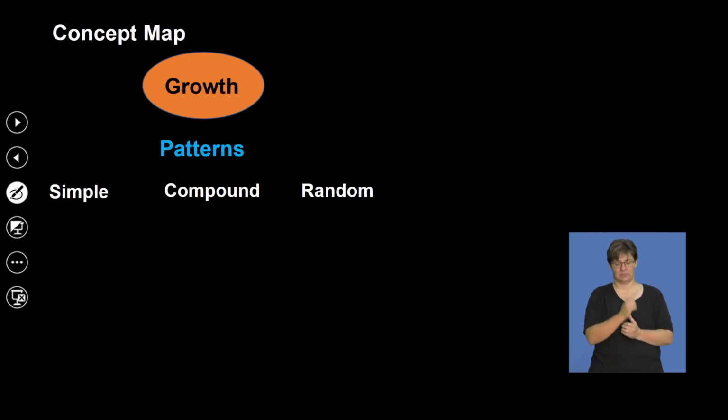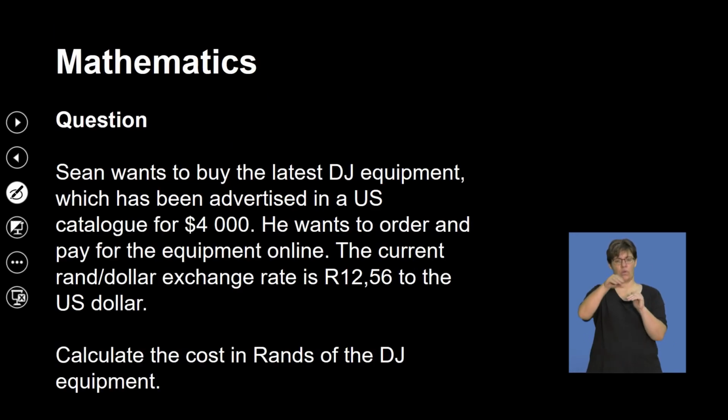So you're not going to be required to find the value of n or anything like that. So that's why there was no question that I did that involved us trying to find the value of n. Rather, you'll have to find i, P, or A. That's compound interest. But with simple interest, all the variables, you will be required to find all of them, one way or the other. Now, let's look at the last type of pattern that we said was random growth. Now, we've looked at simple and compound. The last one is random.